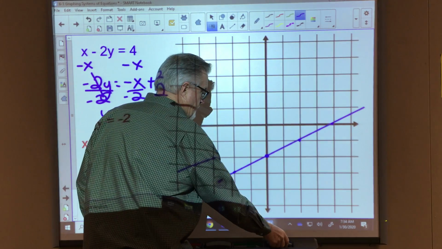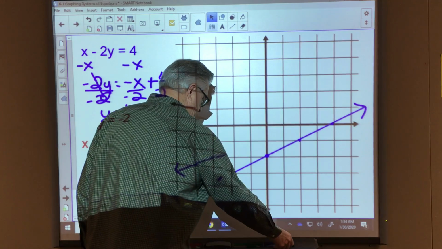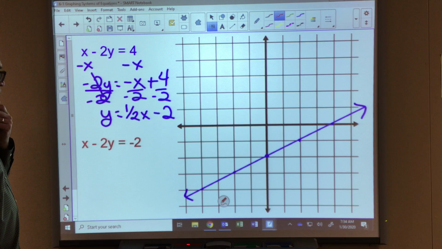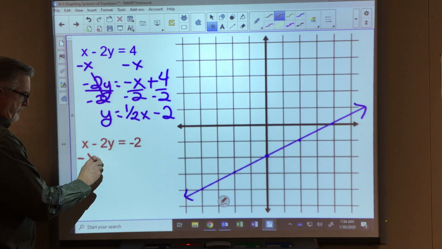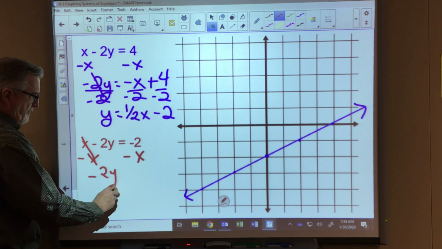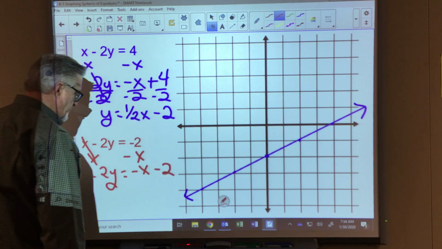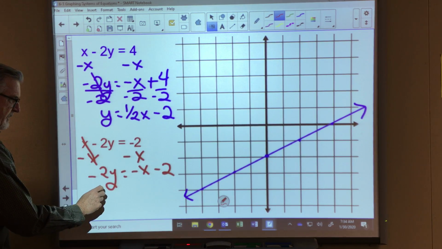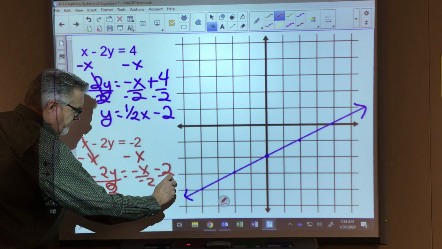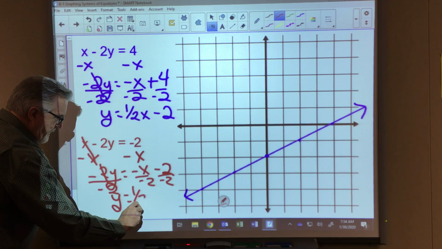let's get some arrows on it. We've got our graph of that line. Now let's go ahead and solve the second equation so we can graph it. Again, we need to subtract x from both sides. That cancels out, leaves us with negative 2y is equal to negative x minus 2. So now we've got to divide everything in there by negative 2. That's going to leave us y is equal to 1/2 x